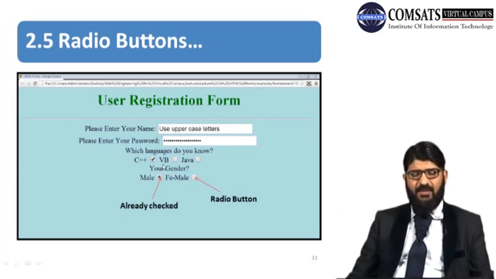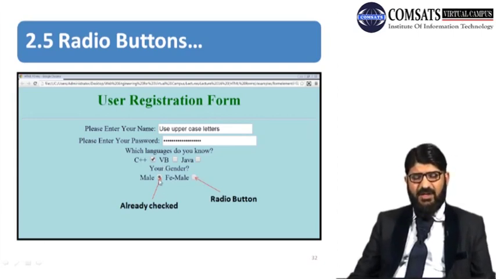So if a user wants to enter the registration and wants to shift from male to female, he can click on it. Now the option will be shifted from male to female. So it means one option can be selected for the radio button, while in checkboxes multiple options can be selected, as we have discussed.